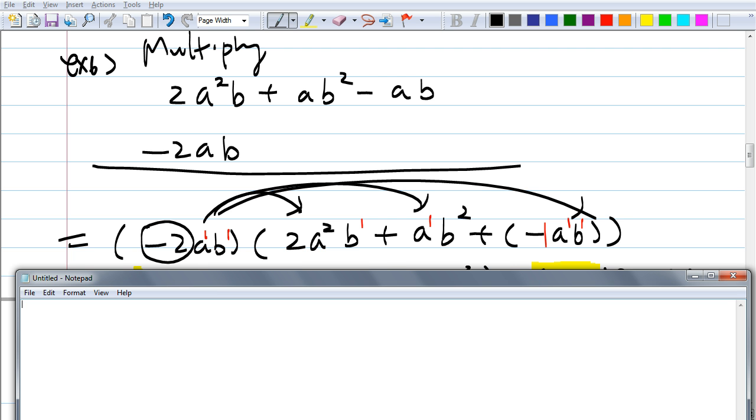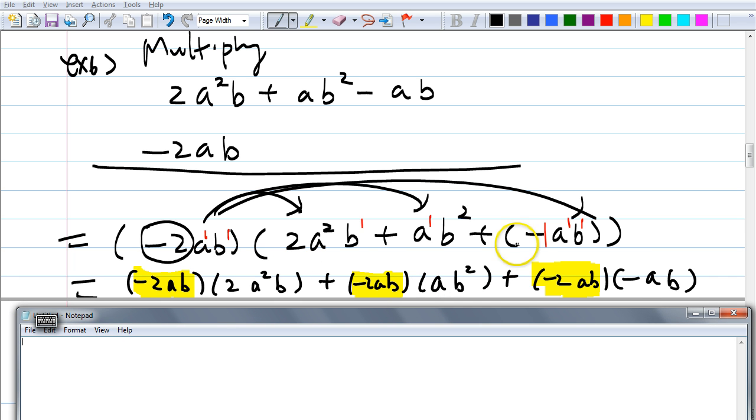How about Eddie? Tell me what to write. I have minus 2ab times 2a squared b. Good. Plus negative 2ab times ab squared. Mhm. Plus negative 2ab times negative ab. That's correct. And so, how many terms do I have inside? We have